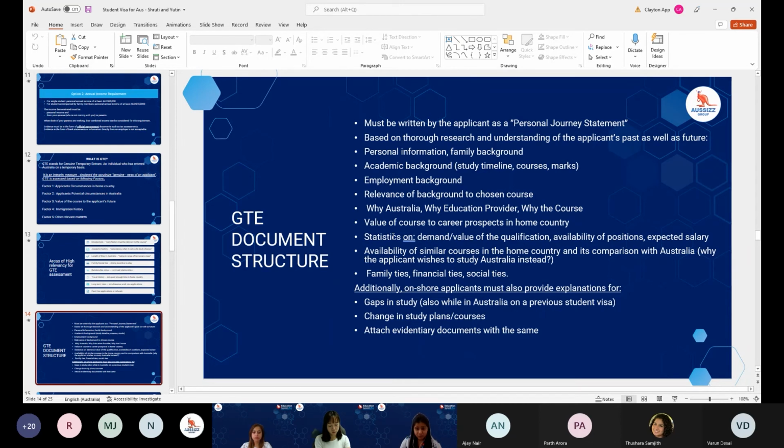Just mention the circumstances of why you didn't continue your study, that you could not pay the fees, and provide the relevant evidence regarding your justification. Change in your plans or course: you can change your course, but there was one applicant who did